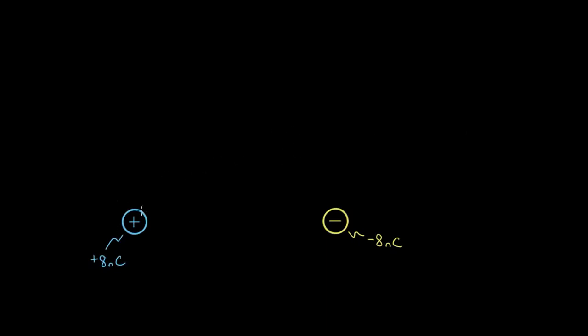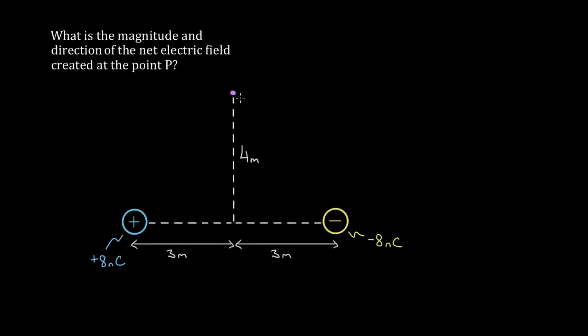So let's try a hard one. This one's a classic. Let's say you had two charges, positive 8 nanocoulombs and negative 8 nanocoulombs, and instead of asking what's the electric field somewhere in between, which is essentially a one-dimensional problem, we're going to ask, what's the electric field up here at this point P? Now, this is a two-dimensional problem, because if we want to find the net electric field up here,